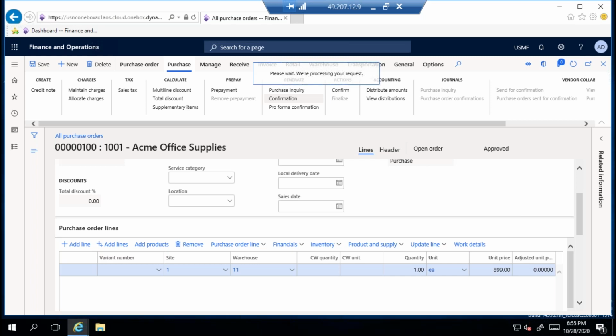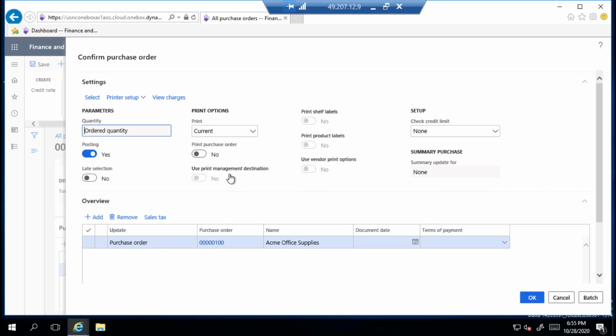Once it is confirmed, you have two options: the confirm button. If you click on this confirmation button, it will print the print format. Otherwise, this button will generate without any printing. If you want, you can take a printout. I'm not generating here. If you want, you can generate. Suppose I'm generating the print order here. Click OK. It will generate the print format.